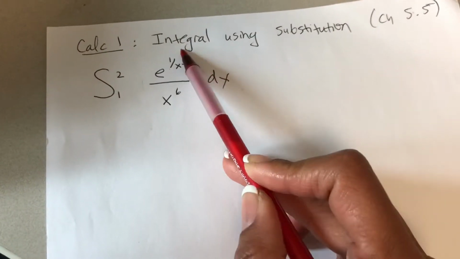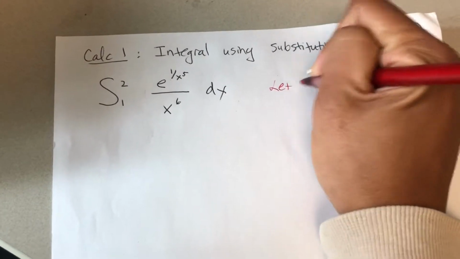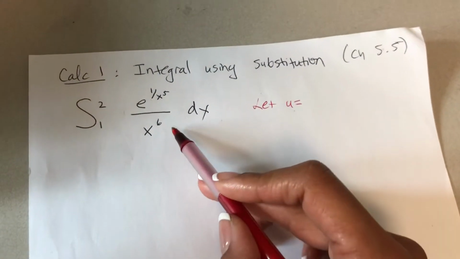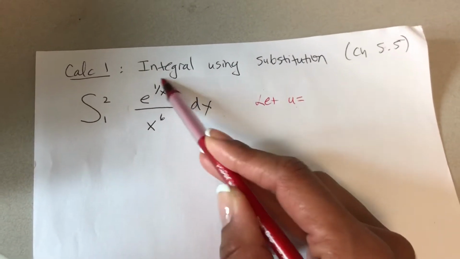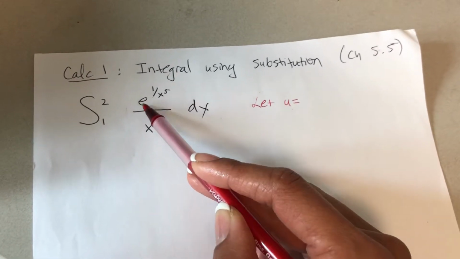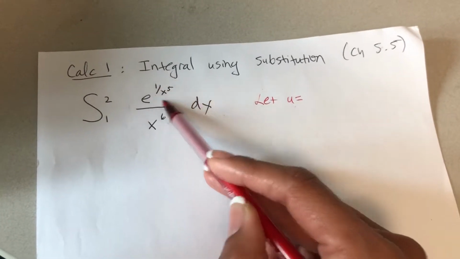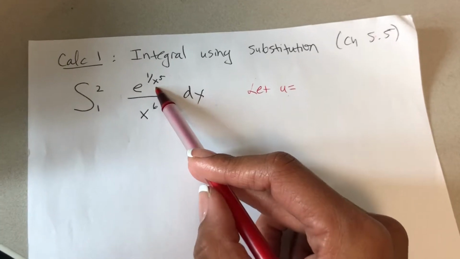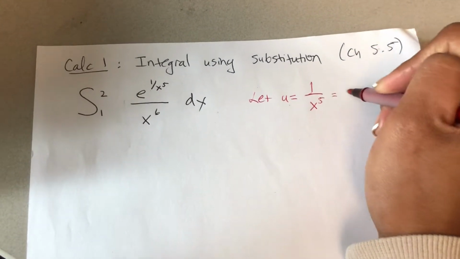So looking at this, we want to ask ourselves, what do we let u equal to? u is going to equal the ugly part in this problem. I would recommend looking at this exponent here that looks kind of ugly. Finding the antiderivative of e to an exponent is okay, but because the exponent is messy looking, that's what I would want to make look simple. So I would let u equal 1 over x to the 5th, or in other words, x to the